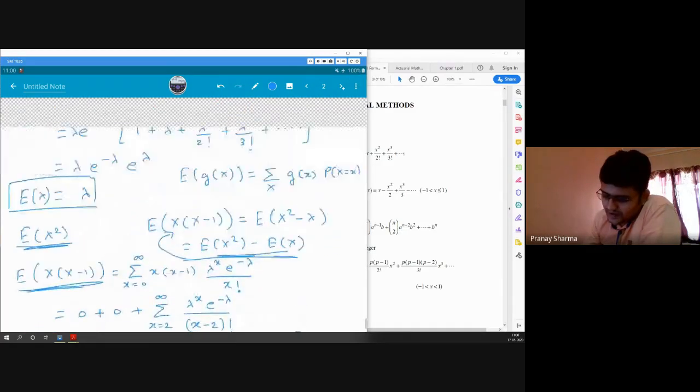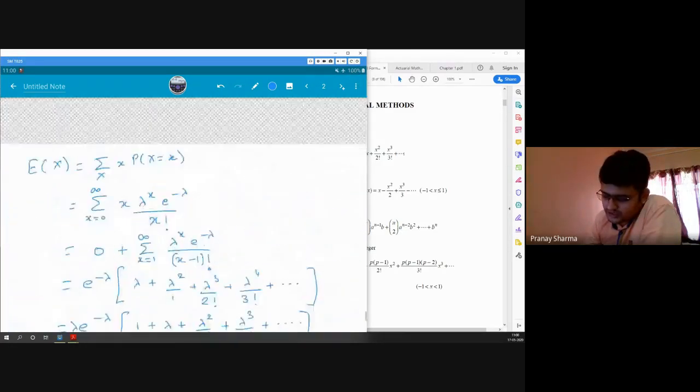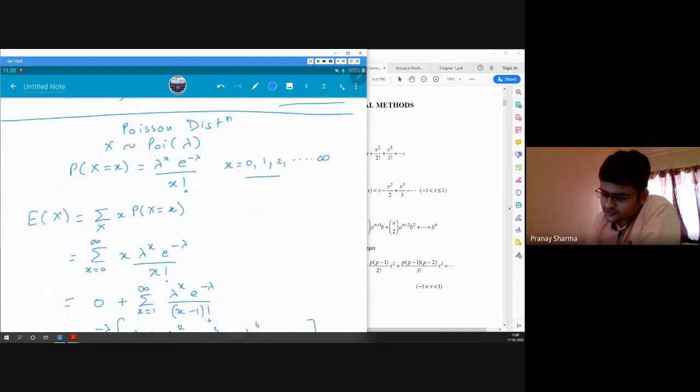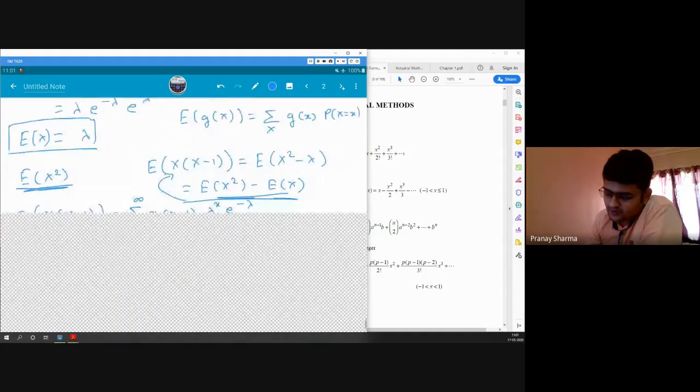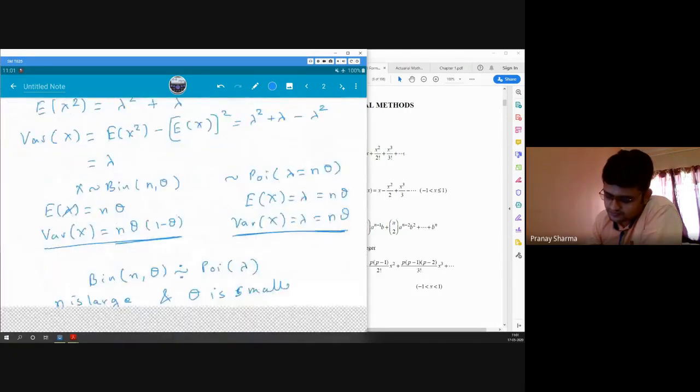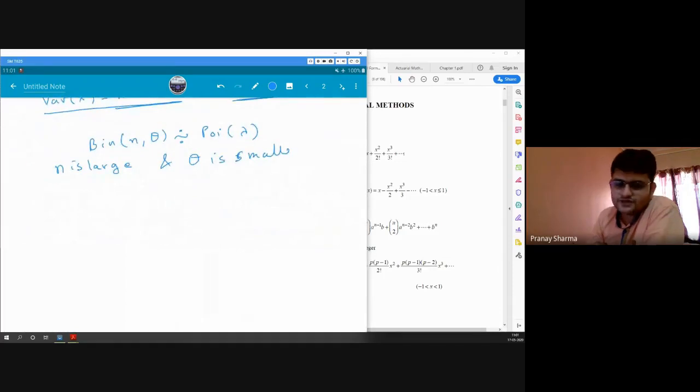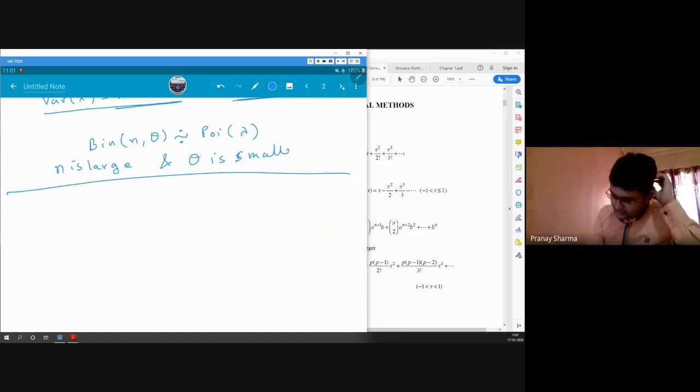Also binomial goes from 0 to n, but our Poisson goes from 0 to infinity. That is because here our assumption is n is equal to infinity, right? So that is why our limits have also changed. Now first we'll solve some questions of Poisson distribution, and then we'll see conversion from binomial to Poisson. We'll see that later on.